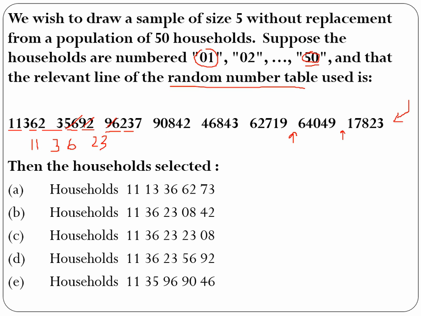23 would be the next house in order, but we've already got a 23, so we can skip 23. 79 is beyond us. The next house that we would pick is 08. So house 8 gets picked. And then finally house 42. So find that list of numbers down here in our answer choices and